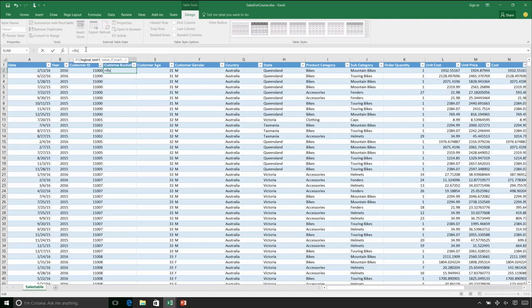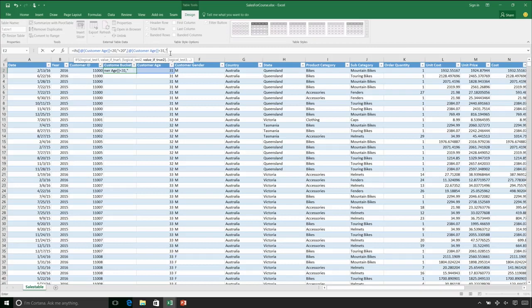So using this function, I can do something like this. IFS, and the first expression is: if the age is less than, let's say, 20, then return the value less than 20. Otherwise, and I don't need to open a new IF, I'm staying within the same function, now I say customer age less than 31,